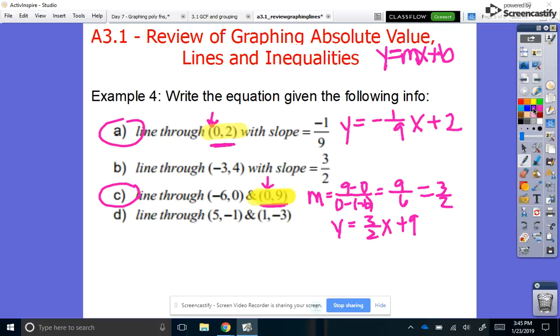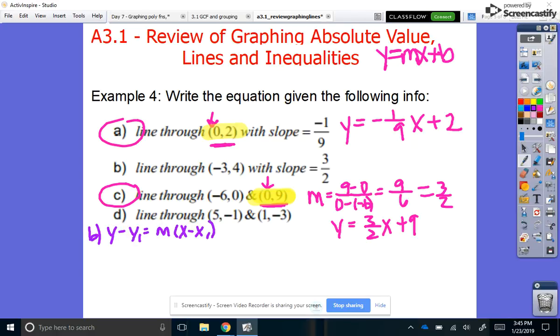Okay, this is part 2 of our A3.1 video. So with A and C, I was given the slope or could easily find the slope, and I was given the y-intercept. For B and D, I'm given the slope, but not the y-intercept, a point. So if you're given the point and you're given the slope, you need to use point-slope form,